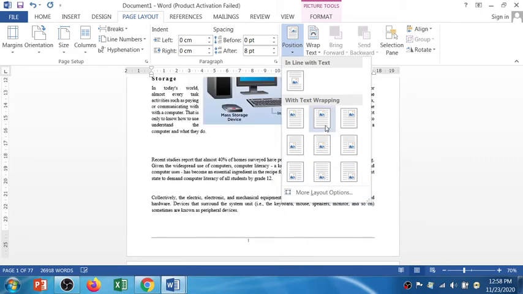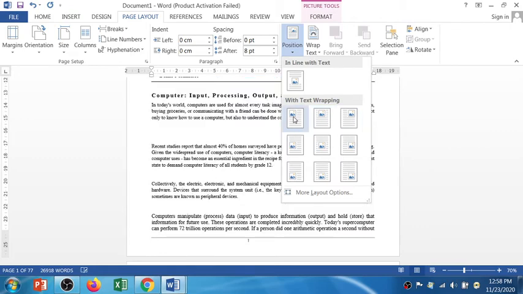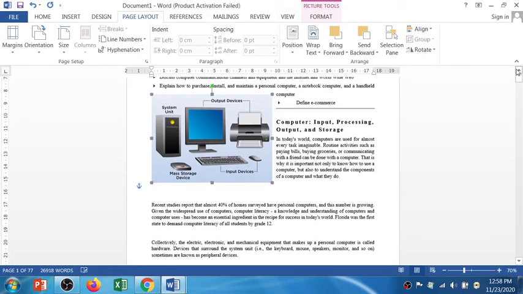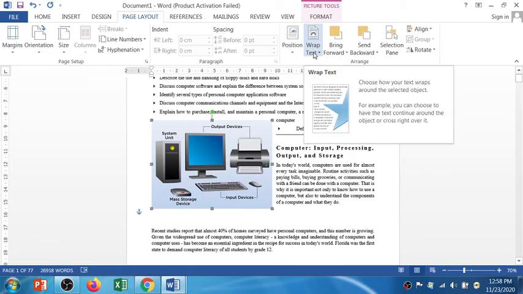So you can select it. See, so next to the image you'll get the content as well. So this is the position of the image.